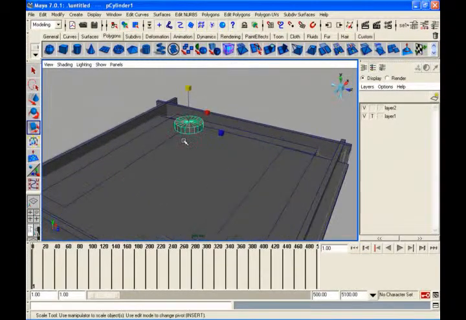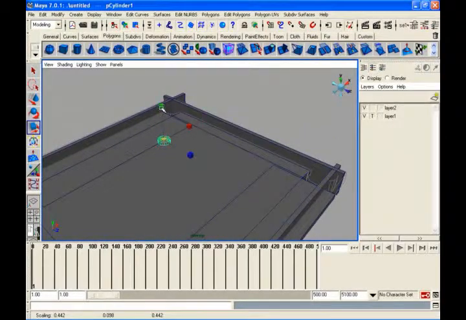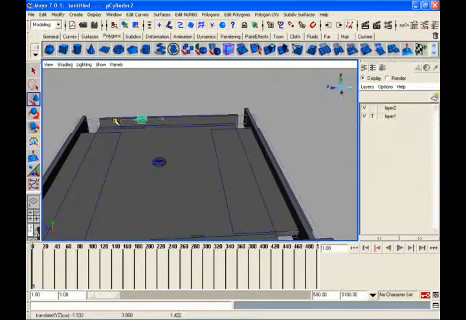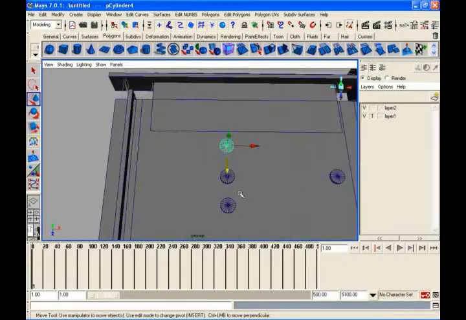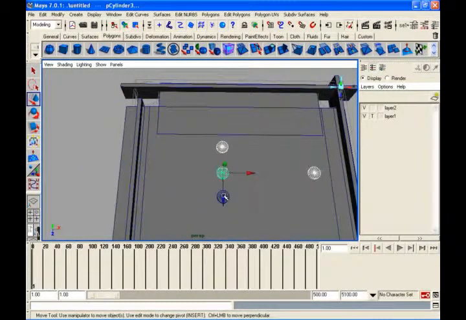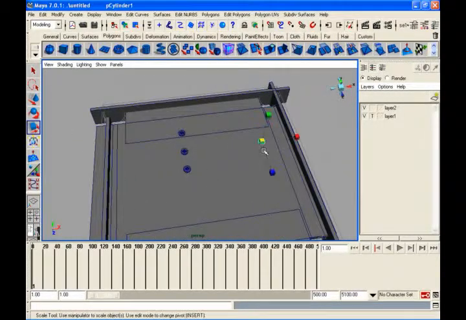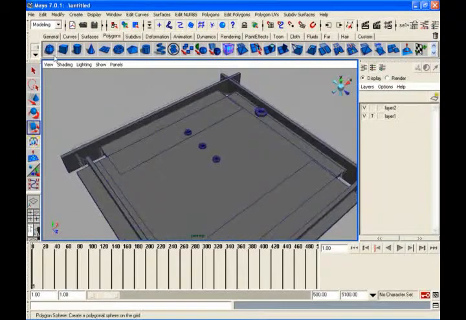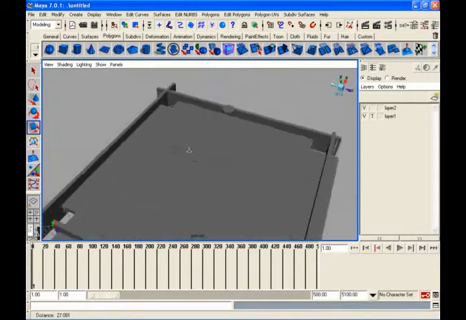So this is my red coin, and I'll create some more coins. To recognize them, because this is a striker, I will make it a little bit big. Let me remove the shaded. Go to Rendering, Hypershade. Give the colors.